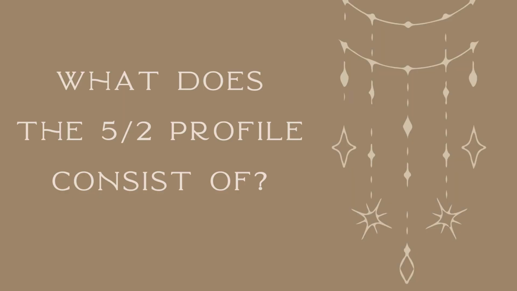Next, what does the 5-2 profile consist of, and what makes it different from the 2-5 profile? Well, the 5-2 profile consists of the conscious line 5 heretic and the unconscious line 2 hermit, which basically come together to create this heretic hermit profile. One of the biggest differences that we see between the 2-5 and the 5-2 is this switch between the conscious and unconscious hexagram lines. So first of all, rather than being a personal profile like the 2-5, which has a personal destiny and this personal self-focus that can often create karma, or certain consequences that they're left to navigate and learn from,